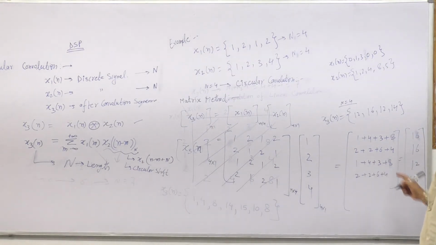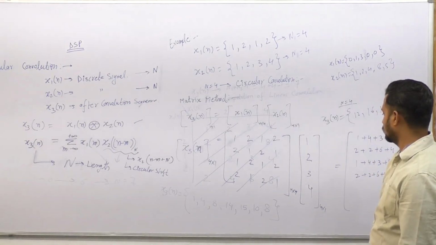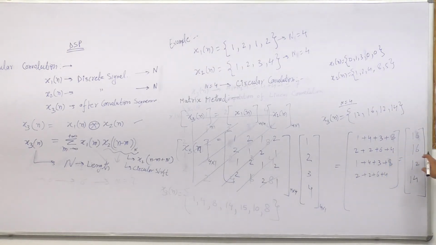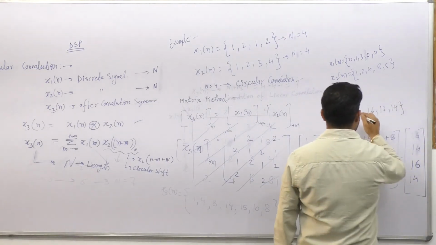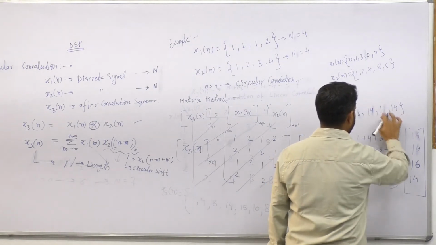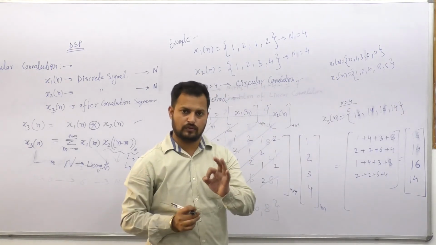Right? And the same mistake will also be there. Second 2, and this is 2, 3 to the 6, plus 4. So this is 10, 14, yeah. This is the 14. So 16, 14, and the next is the 16, 14. Yeah, similar. 16, 14 and 16, 14. Yeah, this is the right answer. 16, this is the 14, this is the 16, and this is the 14. This is the answer. N equals to 4.